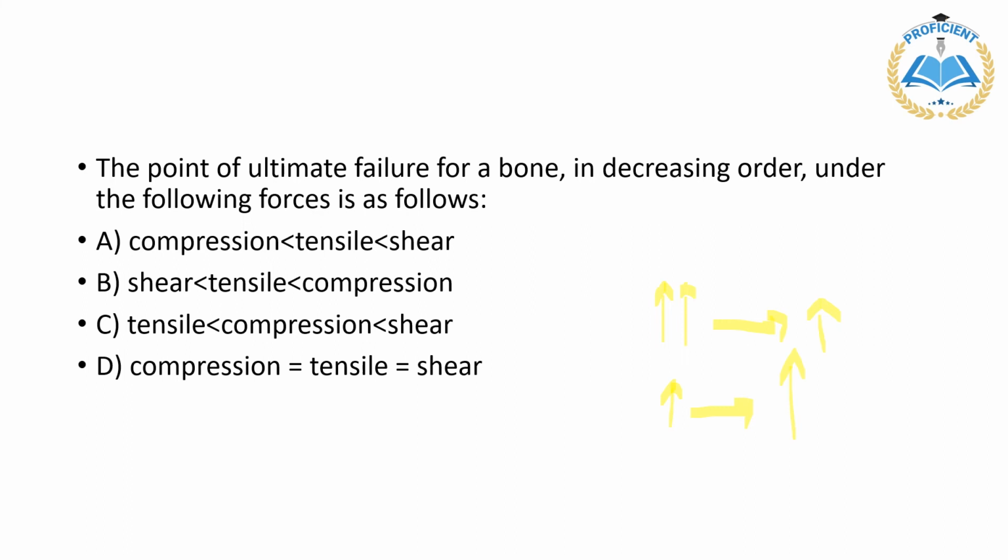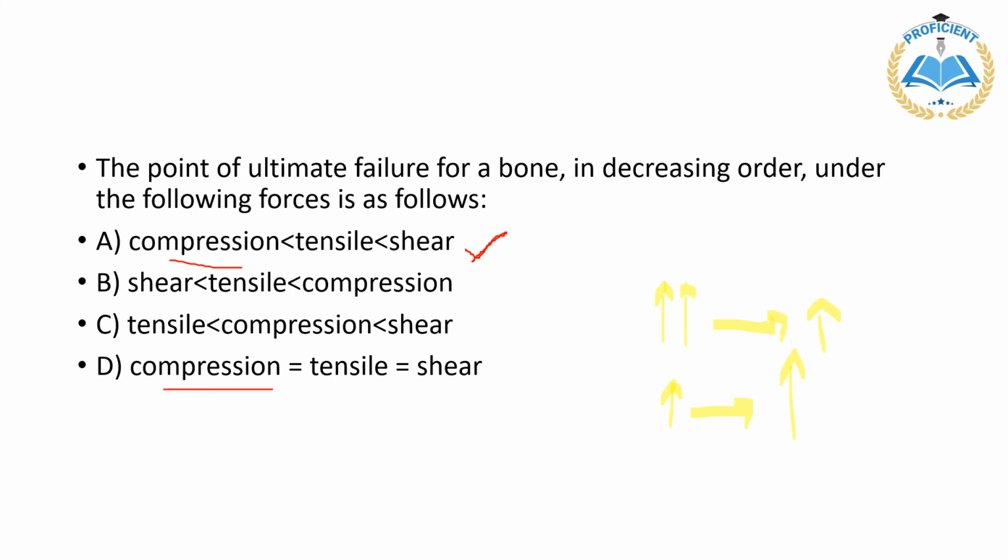As we saw, it is compressive forces first. There are only two options which have compression forces in the beginning. But D has an equal to sign, and we very clearly know that bone breaks very easily under shear force, and the response is not equivalent across the forces. So the answer is A. That means you need more compression force and less shear force for the bone to reach the